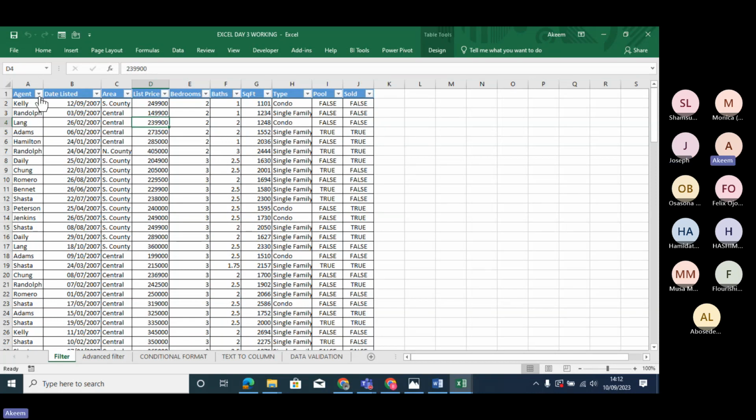But in the case of filter, filter is a way of extracting data. When I'm talking about analysis, I can say filter is the first step in analysis, whereby you can quickly summarize your data and get some insight from your data. For example, look at this data set. Let's say this is a data set of a company that